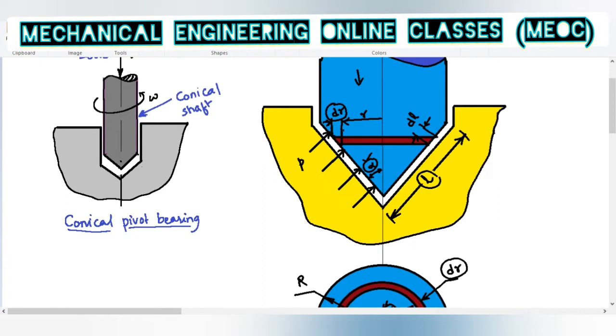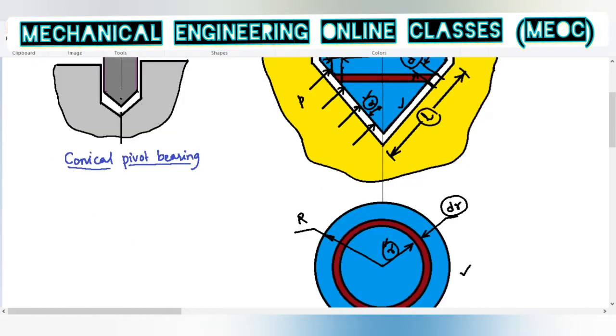And we have again assumed a thickness dl, which is measured along the slant length of the cone. So the length from this point to this point is taken as dl. This is the slant thickness, and dr is the thickness of the circular rings. We are also assuming that there is pressure P acting normal to the surface of the cone, and the direction of the pressure is shown with these arrow marks.